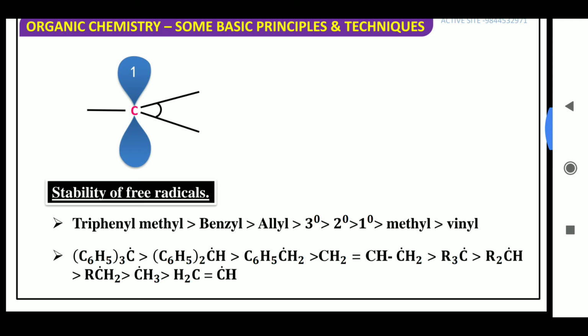बच्चों, ये सीक्वेंस आपके लिए बहुत इंपॉर्टेंट है, चाहे वो कार्बोकेटाइंस का हो, चाहे कार्बेनाइंस का हो, चाहे फ्री रेडिकल्स का हो. I hope I have covered very good content for you in this video, and I can assure you, if you have even a little doubt, you will not be able to attempt the questions. So these are the basics of organic chemistry which you need to learn by heart, and these are self-explanatory slides. So I feel there will not be any difficulty in making you understand.